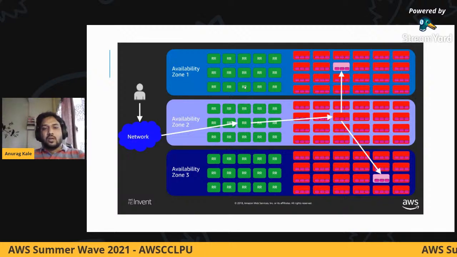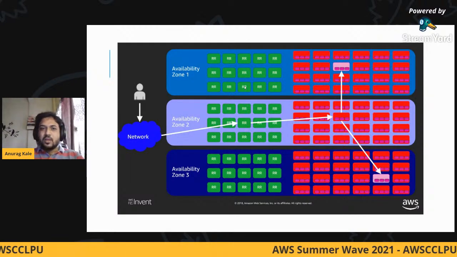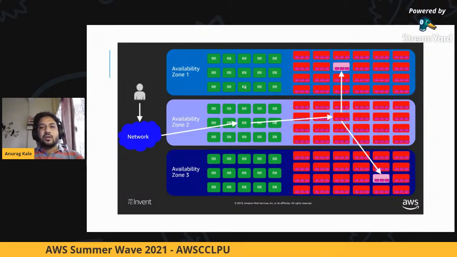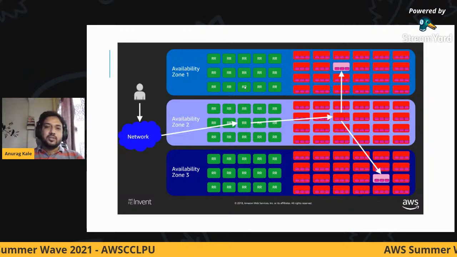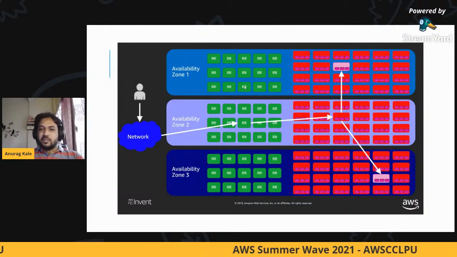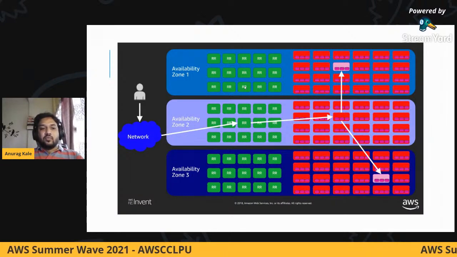So in order to run DynamoDB, as we will see in a few moments, you don't need to tell how much RAM you need. You don't need to tell how much compute you need, like I need, let's say, 4 CPUs, 5 CPUs, or that I need 50 GB of hard disk. All you tell is I need to create a DynamoDB table, and Dynamo will do it for you.